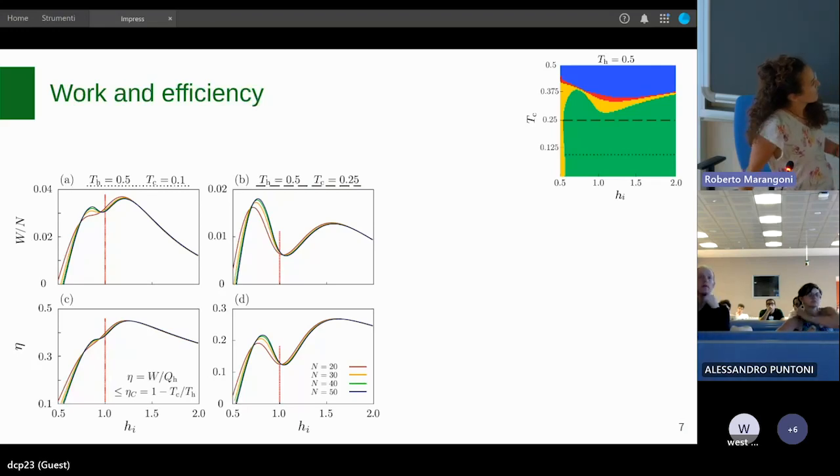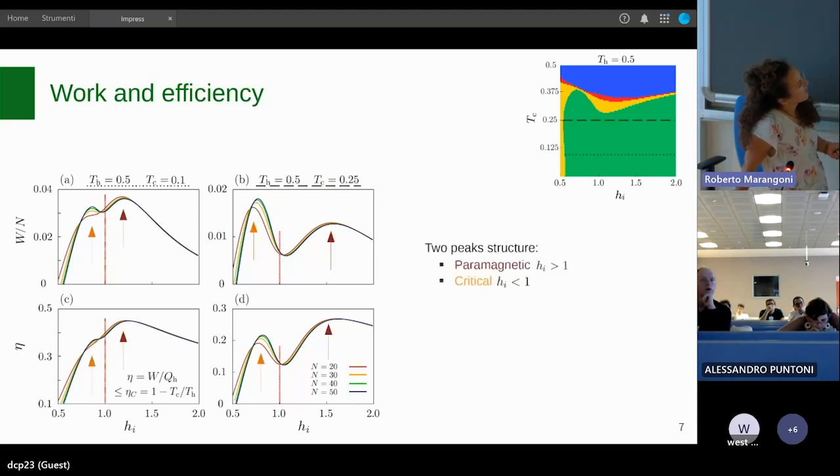What emerged, and this you can notice, is that for both cuts the functions have a two-peak structure. We have called this peak here paramagnetic because it appears at initial transverse fields that are in the paramagnetic phase, so they refer to quenches that are completely contained in the paramagnetic phase. The other one is called the critical one, because it appears at transverse field values that are smaller than the critical value. So any time we perform the quench, we are crossing the critical value.